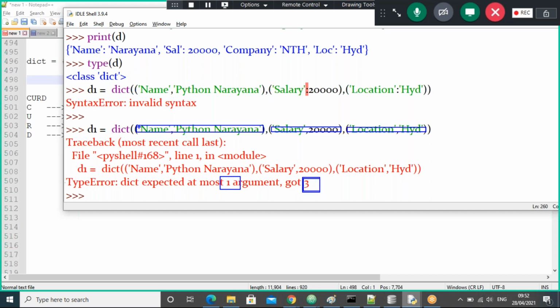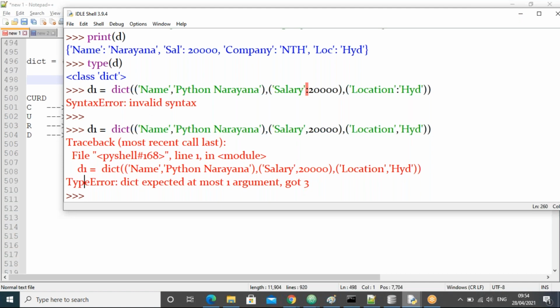The first tuple is the first argument. The second tuple is the second argument. The third tuple is the third argument, guys. Now what do I do for these three? I'll make them a single argument by taking the square brackets before the first argument and after the last argument, like this. Now all of you guys, are you following me, right?